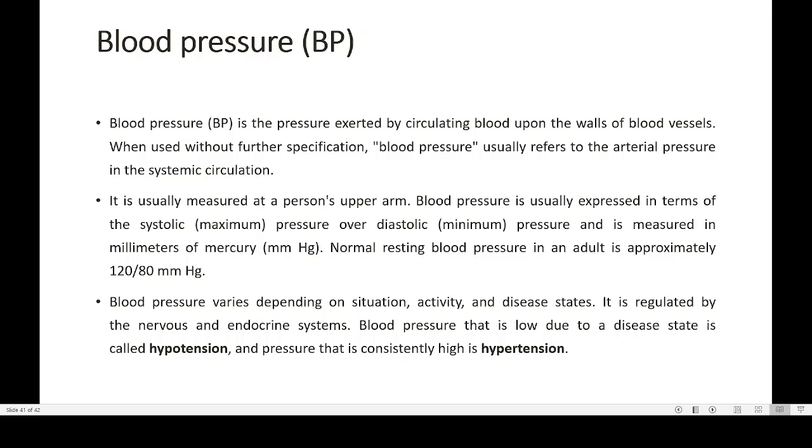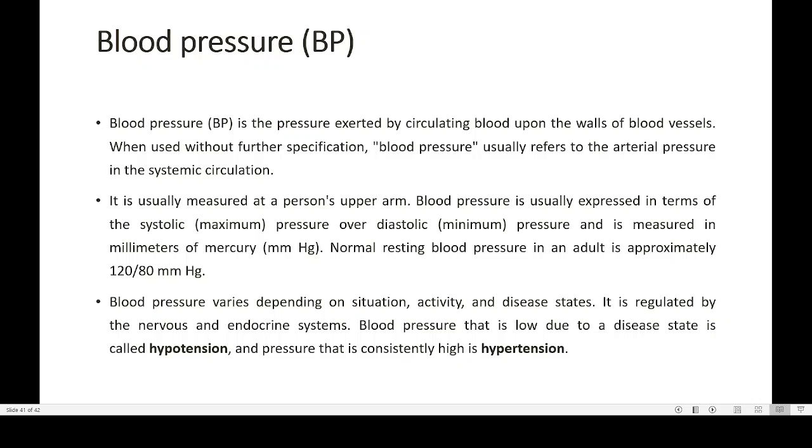So when there is high blood pressure, these small capillaries will get damaged, they will break. So the problem with the blood pressure is that each time the blood pressure increases, these small blood vessels in your kidney will be damaged, and that will lead to kidney malfunction, or sometimes the kidney will get completely damaged. So this is the problem with the blood pressure, and because of that, blood pressure is always known as a